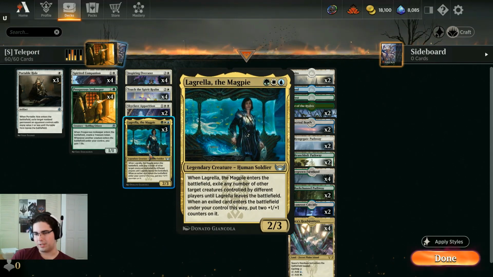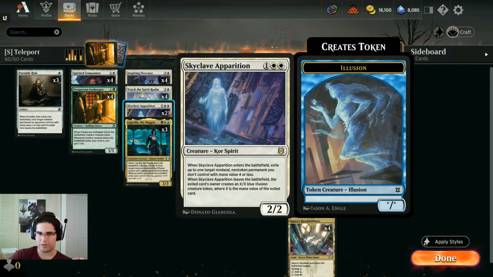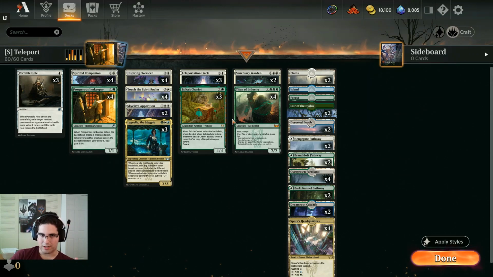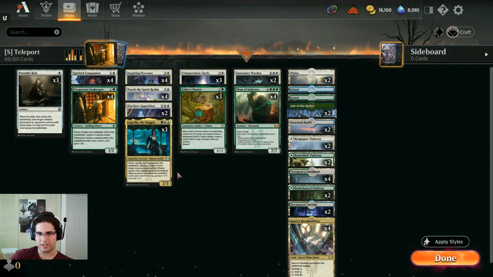Lagrella is probably a little bit cute if you want to just play this deck in a good fashion. I just want to cut her and go straight green-white, go up a couple of Skyclave Apparitions, maybe another Chariot or Warden or Portable Hole or a land, whatever you're feeling for the last one. And then you get to play Boseiju and Gonti and have more consistent mana, which is probably nice, but